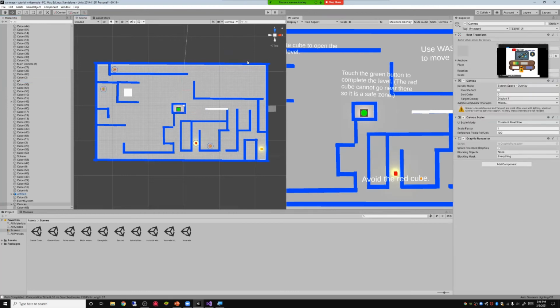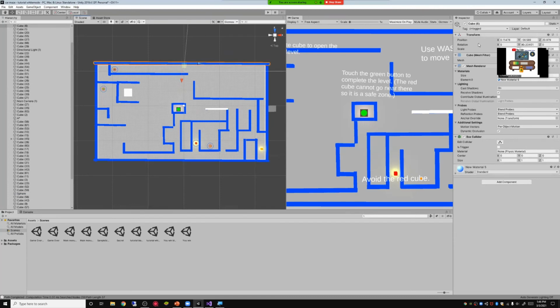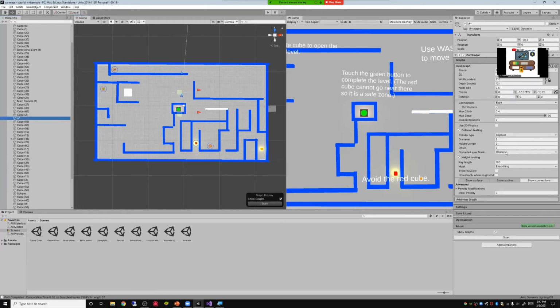So right here, if we look at this, just a random thing right here, this would be defined as an obstacle. So it can't walk straight through it, or it needs to avoid and go around that object. Because if it goes straight through, it won't work, and it would just be hitting something and wouldn't really do much. So now if I go back here, and if I change the obstacle layer mask to like layer 7, and not mixed,